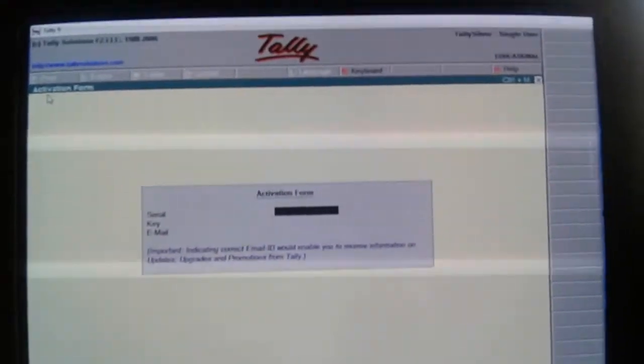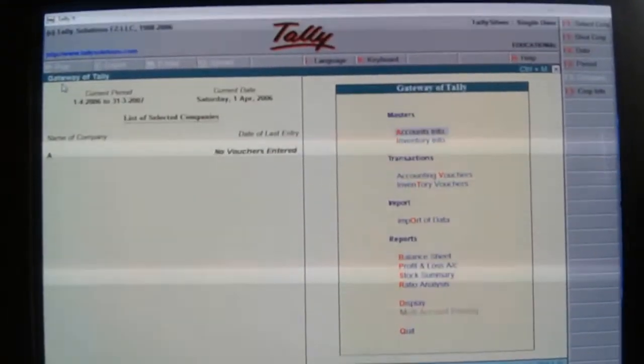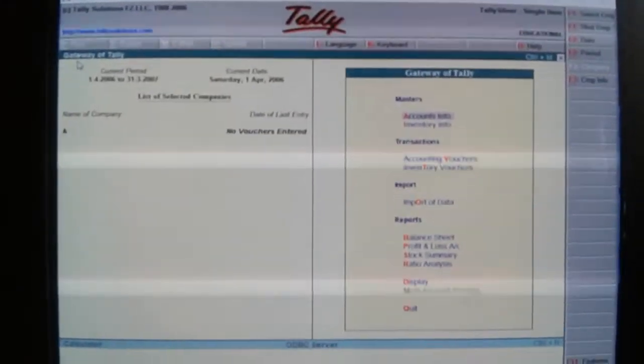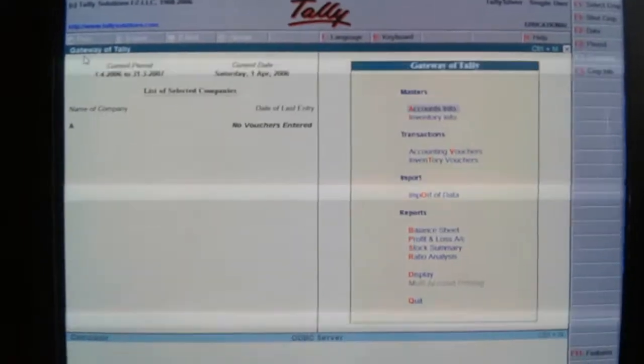Today we are going to learn the usage of Tally software. This is a Tally educational software. This is the gateway of Tally, wherein you can see on the left hand side the name of the company